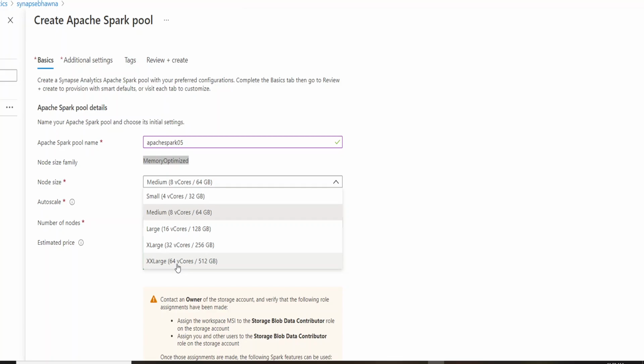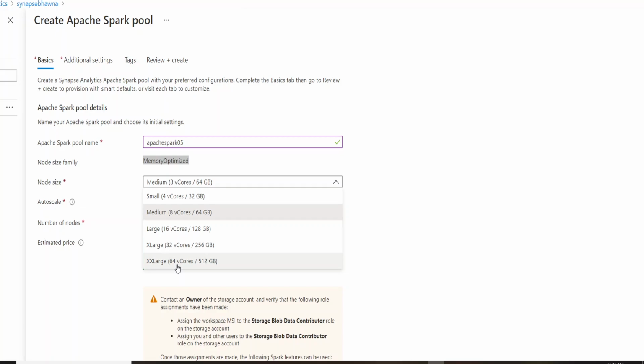So basically you will actually get two nodes with 64 vCores, and you actually need only 65 vCores, right? So your rest 63 vCores will actually go in vain. They are not of use, and you will be actually paying for it. So in that case, using some intermediate option like multiple small vCores will actually help you. So this is how you go and choose your node size.